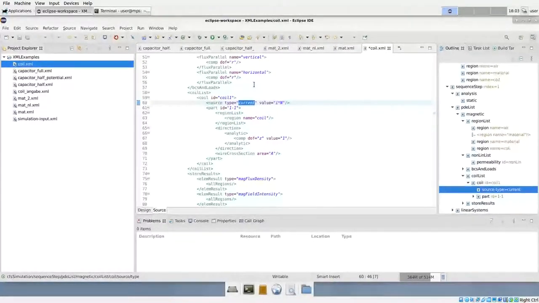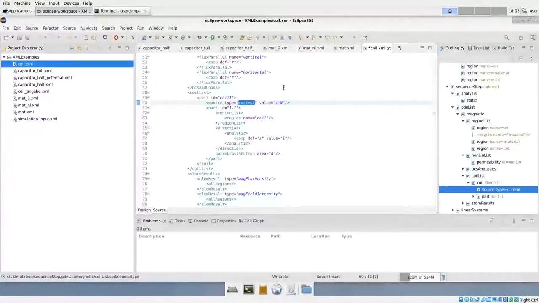So the quantity we are prescribing in our weak form is the impressed current density. And it's a density which is homogeneous across the whole cross section of our coil. So we're not considering the resolved Litz wires or the actual wound coil windings. We're considering the homogenized